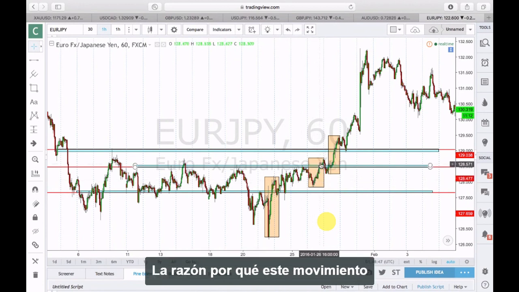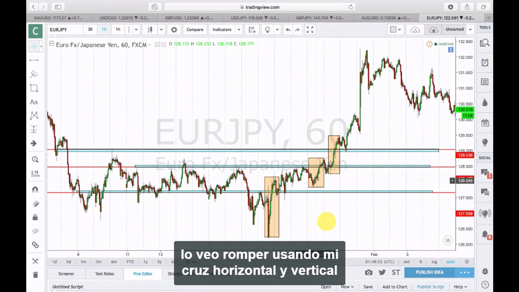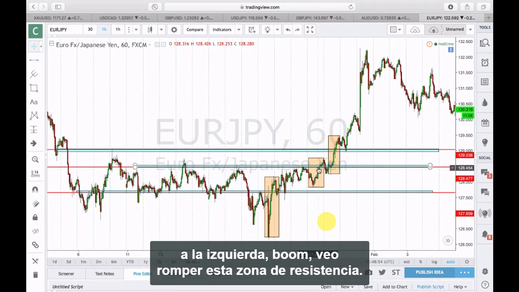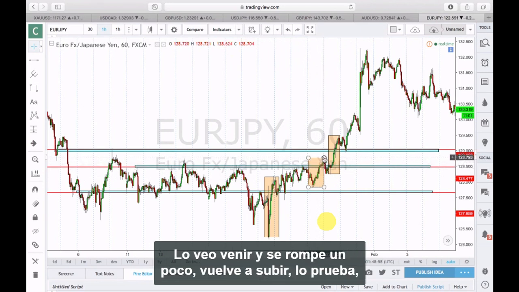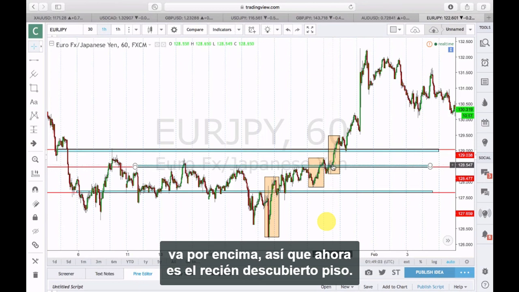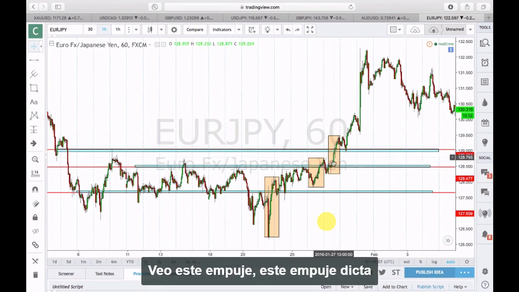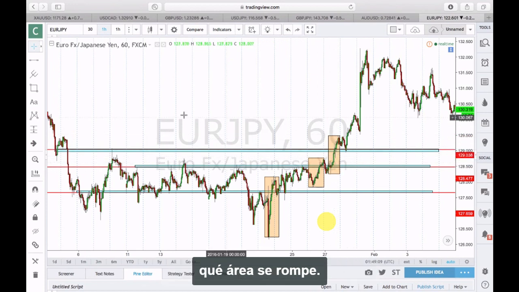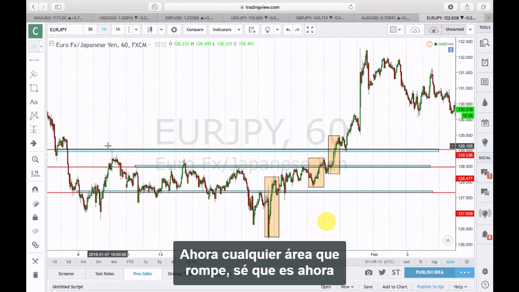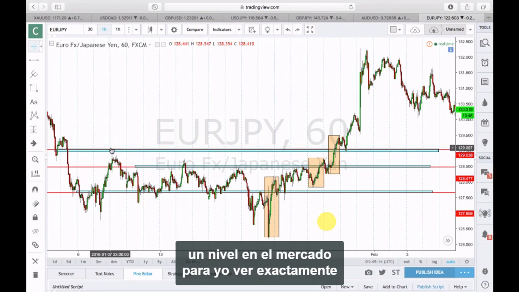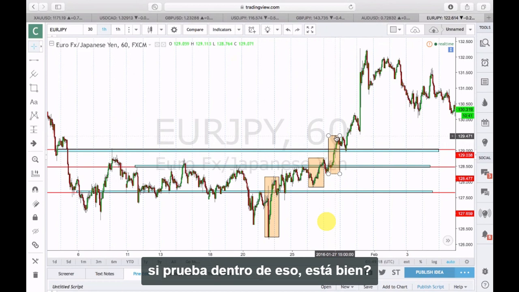The reason why this move is so important is because, look, I see it break, using my horizontal and vertical crosshairs to the left. Boom, I see it break this area of resistance. I see it come, it breaks a little bit, comes back up, tests it, closes above it. So now it is the newfound floor. I see this push. This push dictates which area that it breaks. Whichever area that it breaks, I know that is now a level within the market for me to watch to see exactly if it